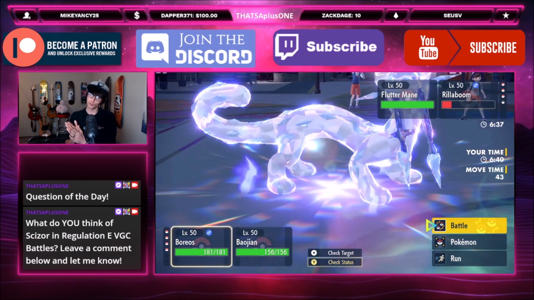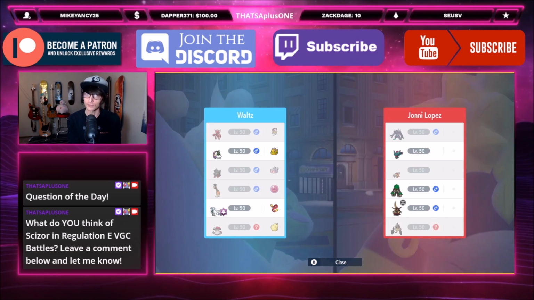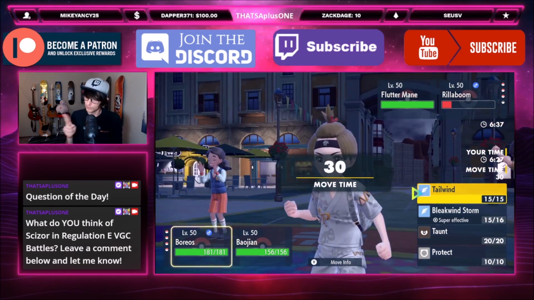So what do we do here? Now that we see the Fluttermane, we can chill a little bit. What do they have in the back? It's not Kleavor, it's not Grim, it's most likely Chi-Yu. So that being said, I'm going to Sacred Sword the Rillaboom